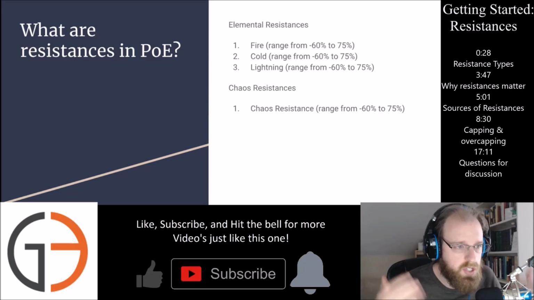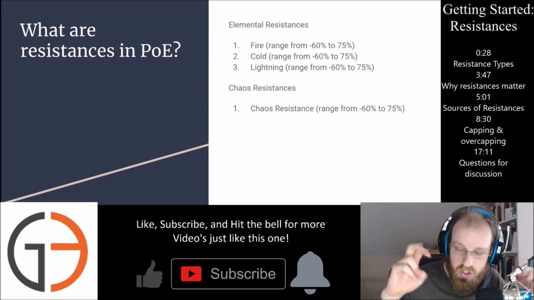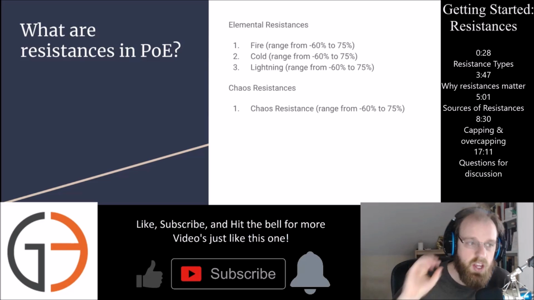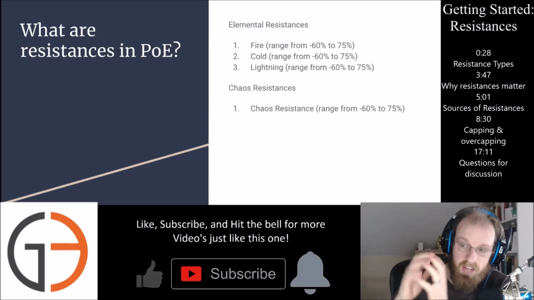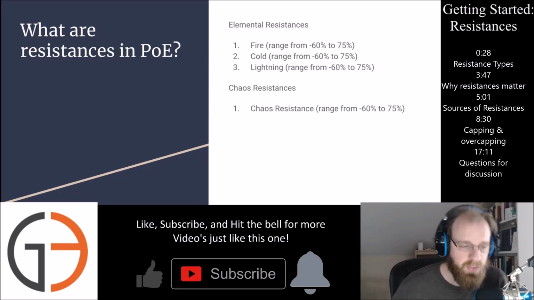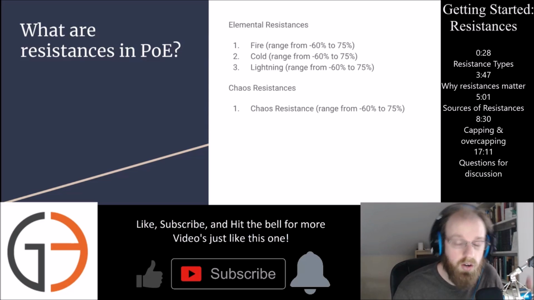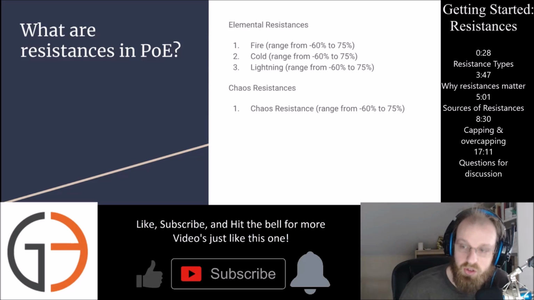So what are resistances in Path of Exile? There are two major categories that you can break resistances up into. The first is elemental resistance, and the subset of elemental resistances are fire, cold, and lightning. These are damage sources throughout the game that you as a player can interact with, or monsters in the game can interact with to inflict this type